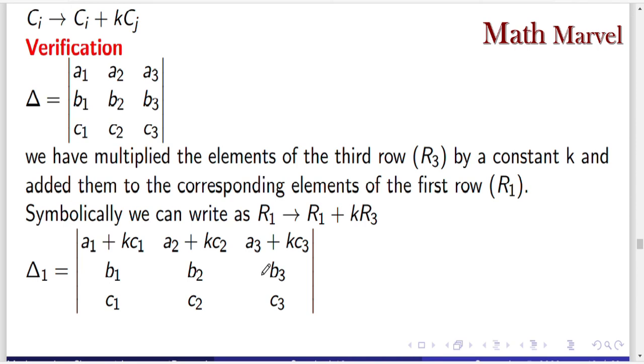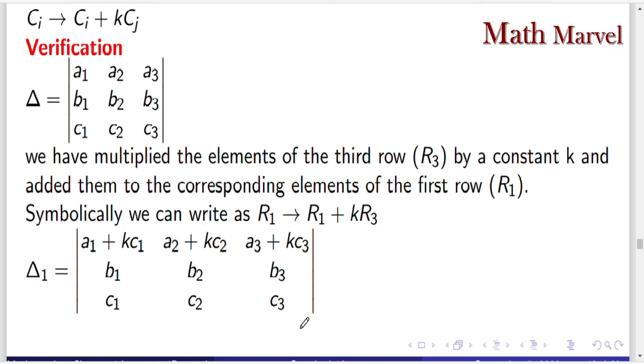What is the meaning of this? In the next operation, we cannot do an operation like row 1 multiplied by some number and added to row 2 or row 3. So we cannot add or subtract this row 1, or use this row for the next operation, because this row is already affected. For the next operation we use the unaffected rows. So you have to keep this point in your mind.